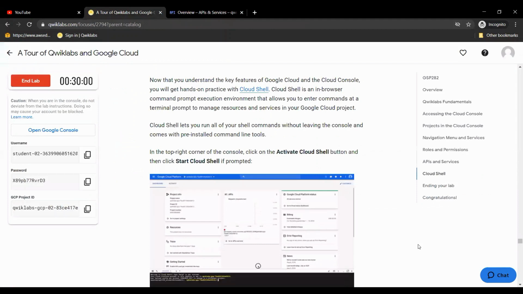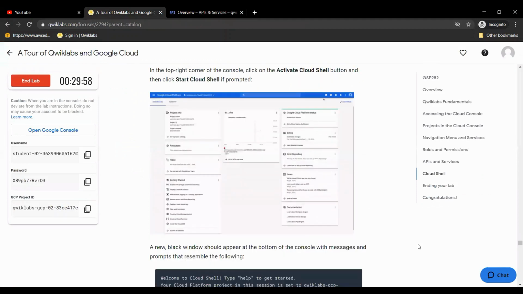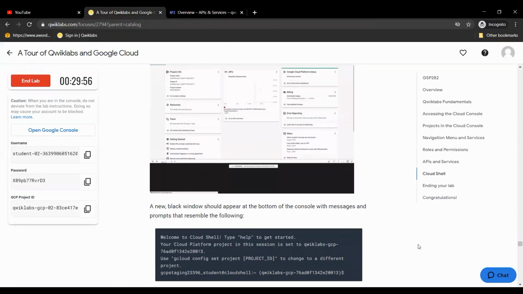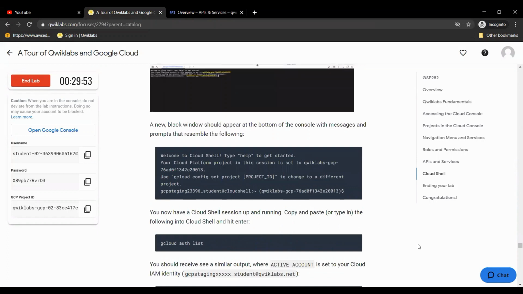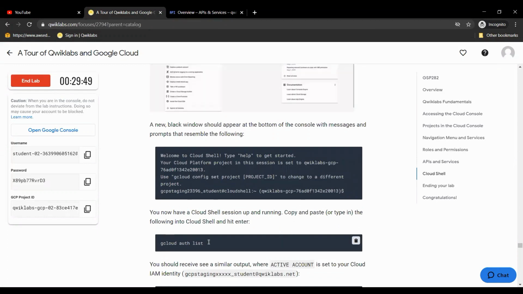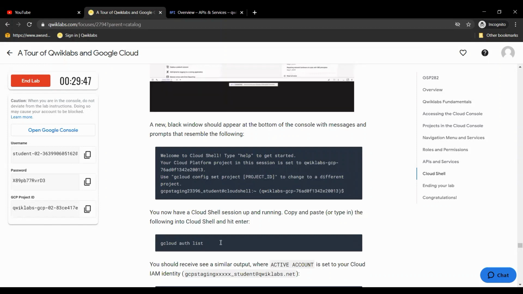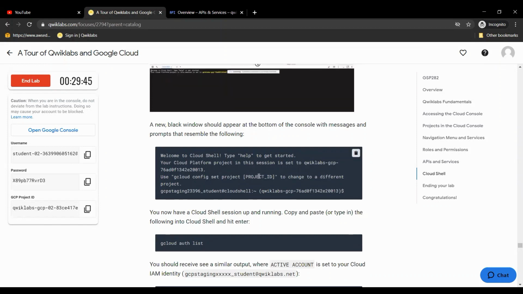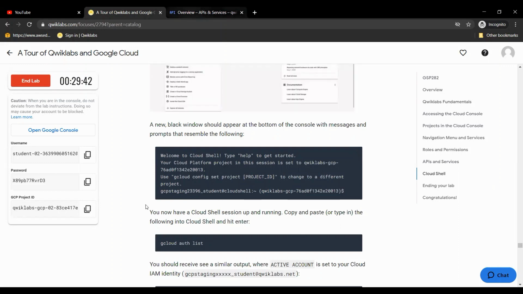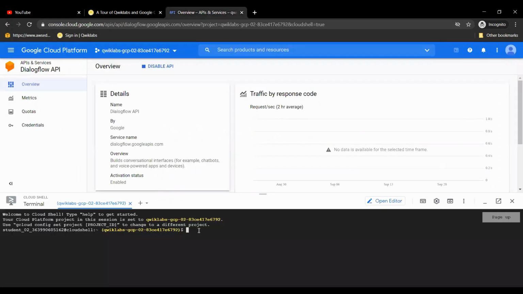And this Cloud Shell is used to give commands. The first command which we give in this Cloud Shell is gcloud auth list. This is used to get our project ID, as it is being shown here. We'll just execute that.